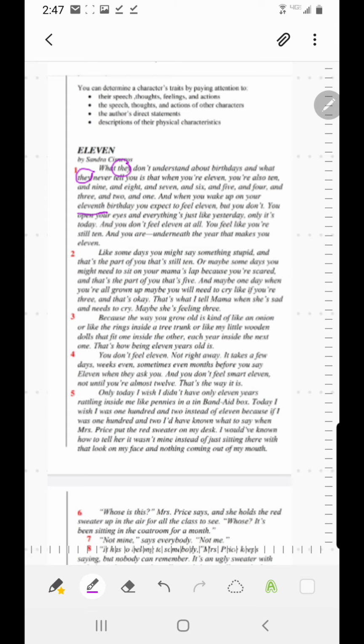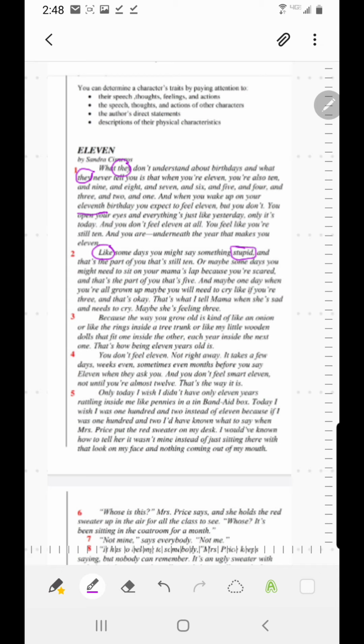All right, so let's open up the second paragraph. We see that she uses the word like, which again is that very casual language. She's kind of comparing something, but not really. It's more casual language here. And then she uses the word stupid, which we all use from time to time. But again, it's indicative of her age. Typically, as you grow older, you might not use the word stupid as readily as you did when you're younger.